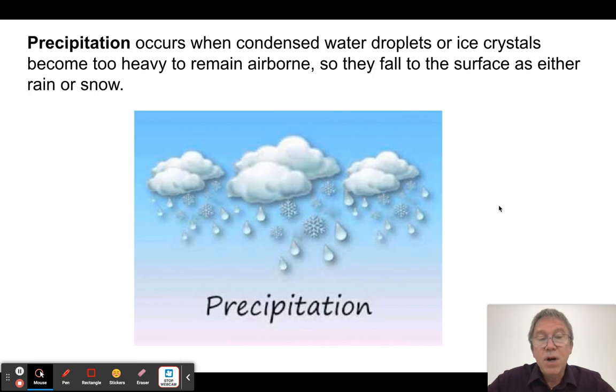Now, if these droplets in a cloud continue to grow, as they will, then eventually they get so heavy that the movement of air molecules can no longer hold them aloft, and then they fall out of the air. And they typically fall out of the air as either rain or snow. And when that happens, we refer to it as precipitation. There are many forms of precipitation, but as far as this course is concerned, all we really care about is the fact that when water gets up into the air, it condenses, and after a while, condensation makes particles so large they can't stay up anymore, and that brings it back down to the ground, where it is now available